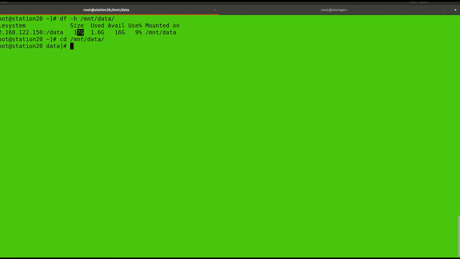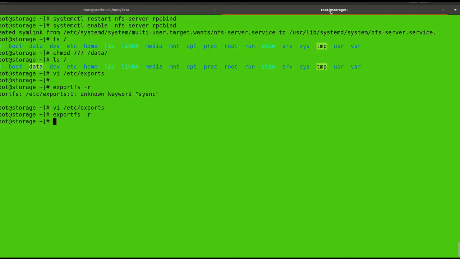So I can go inside /mnt/data, and here I can create any file. Okay, touch. Whatever file I created here, since I shared /data, you can see on the server side that the same file will be present there.